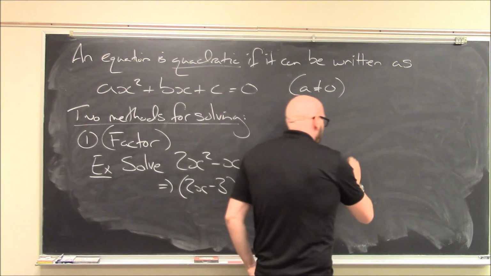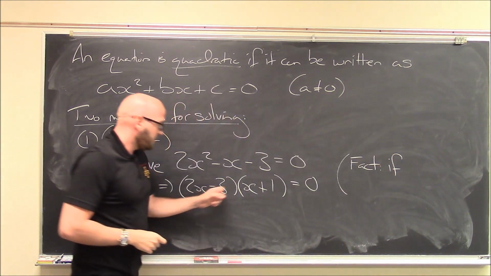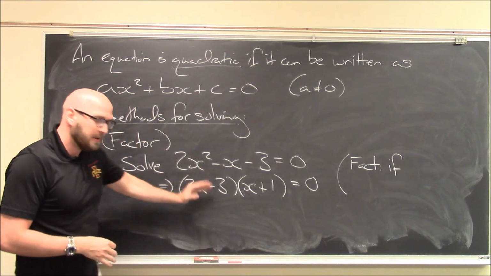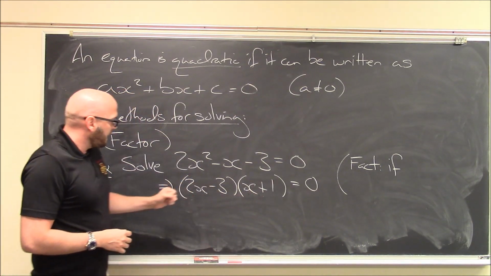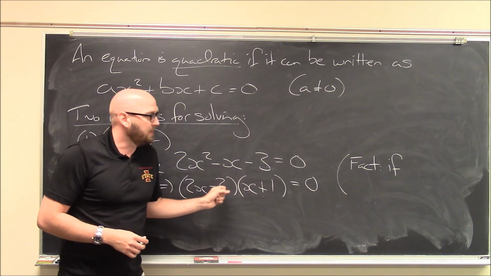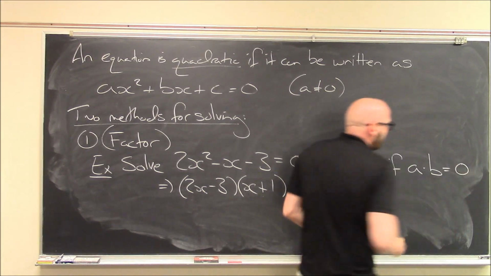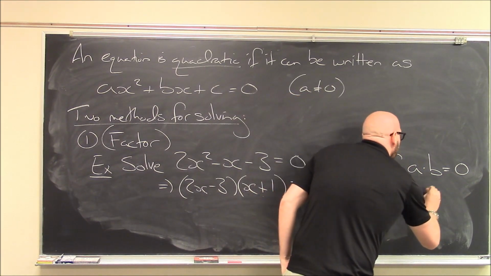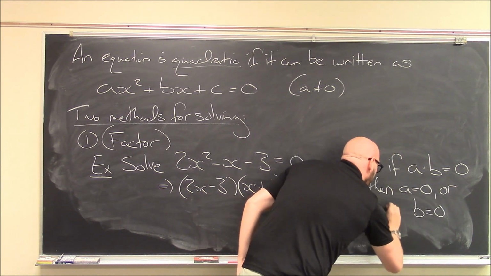And now here's an interesting mathematical fact. I have two numbers that are multiplied together, right? It's written in the form of this variable x right now, but as long as once you plug in a value for x, both of these are numbers, right? So I've got two numbers multiplied together, and a mathematical fact says that the only way two numbers can multiply to give you 0 is if at least one of those numbers is 0, right? So here's the fact. If a times b is 0, if I have two numbers that multiply to give me 0, then a equals 0 or b equals 0, or possibly both. That can happen as well,